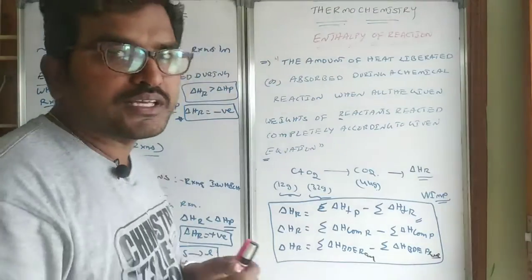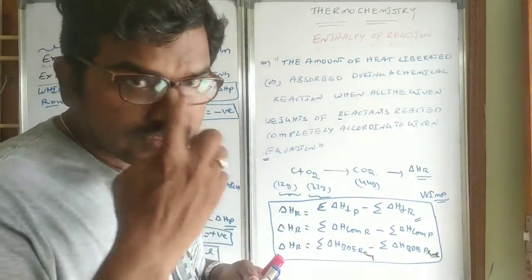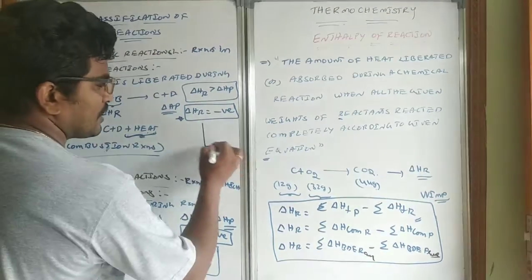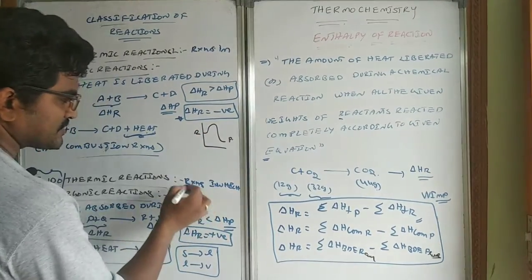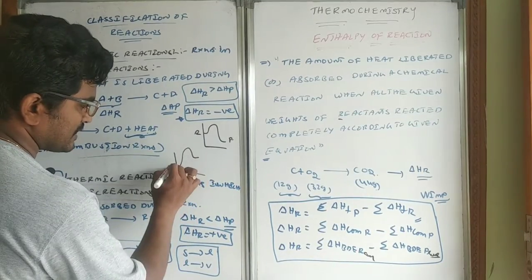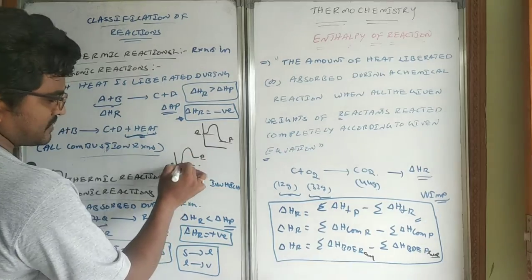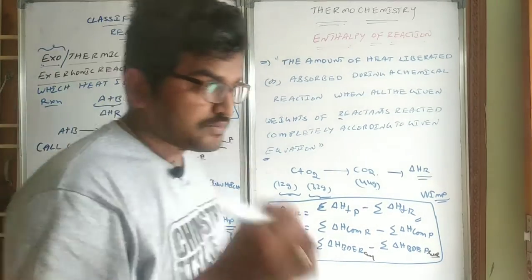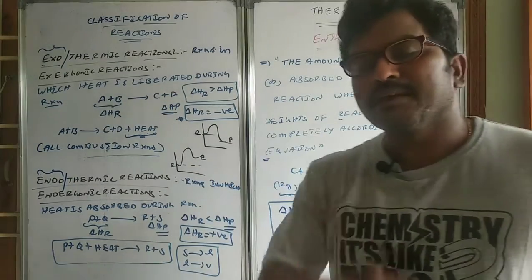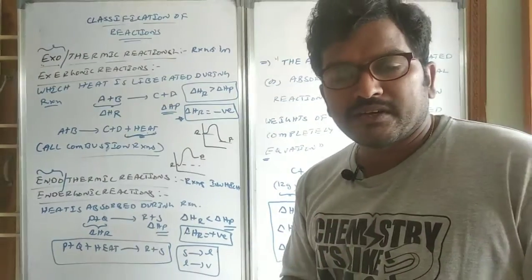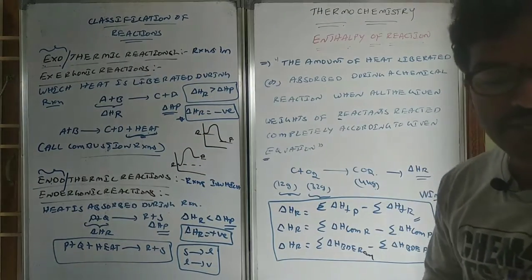Energy profile diagrams are there. We have discussed this in detail in chemical kinetics. There you can identify, but I will show you how the diagram will come. See, this is reactants and this is products. For these, it comes like this. Reactants will be here, products will be here. Lower energy, higher energy, lower energy, higher energy will come. So be careful with this. You can study these in detail in chemical kinetics. There is a video, from there you can get better knowledge. So like this, you can study the exo and endo.